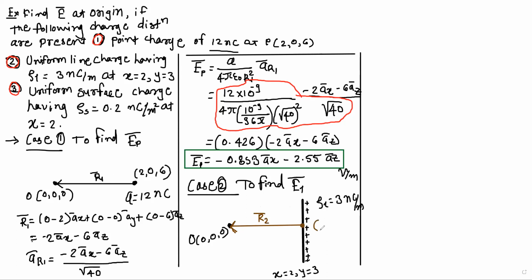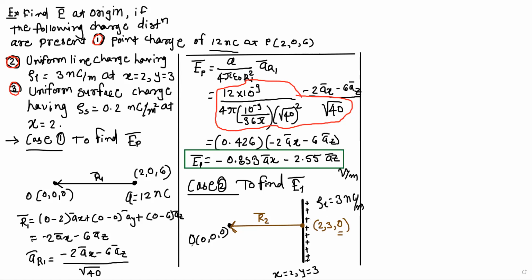And the point where it will intersect, can anyone tell me what the coordinates of this point are? 2, 3, and 0. Correct. Why 2, 3? Because it's on a line where x and y values are already defined. X is equal to 2, y equal to 3. So the x and y coordinates on that line, wherever you take it, would be 2 and 3. And z is 0 because you have taken a perpendicular from origin, so the z coordinate has to be taken from origin. So you will get 0.